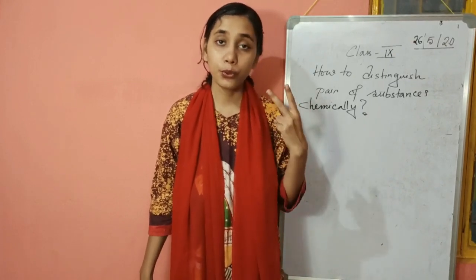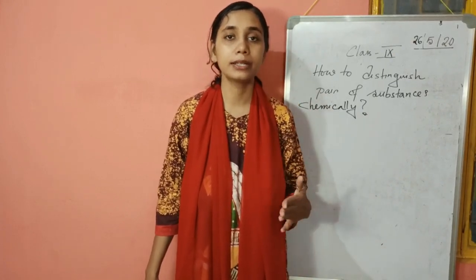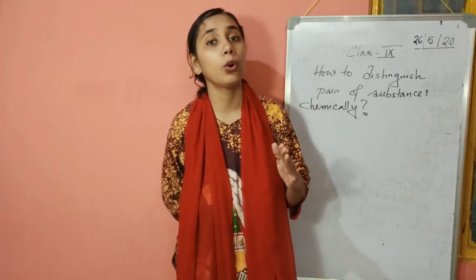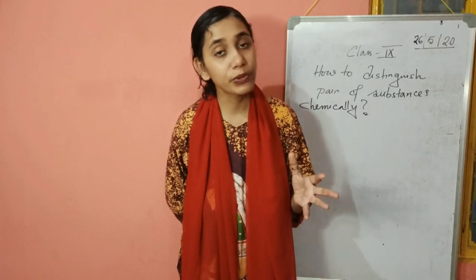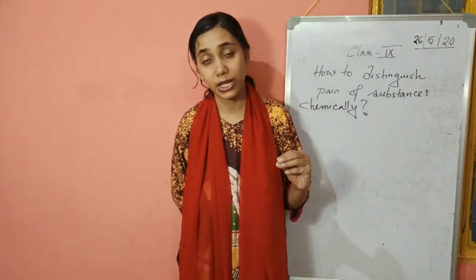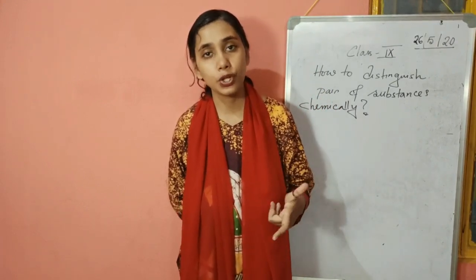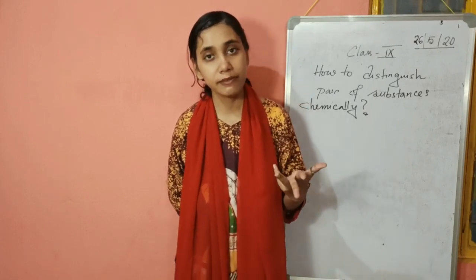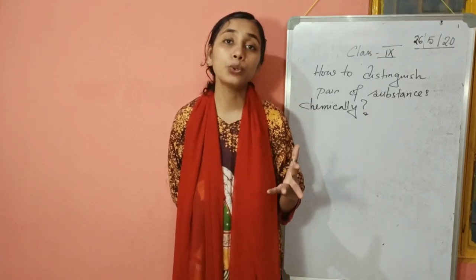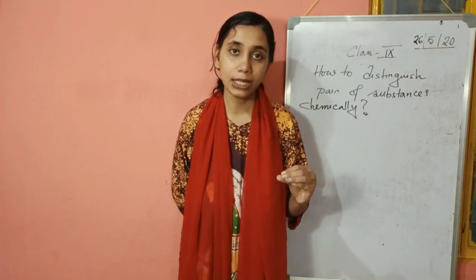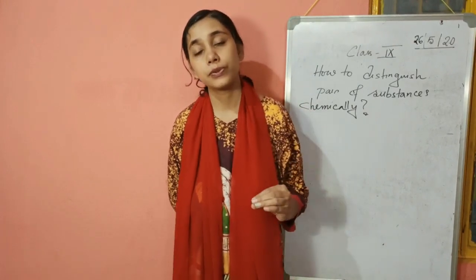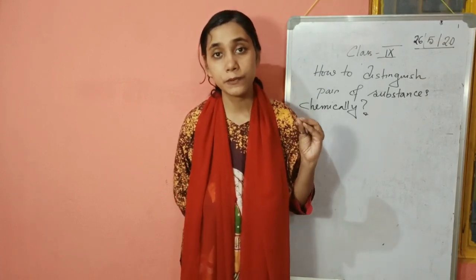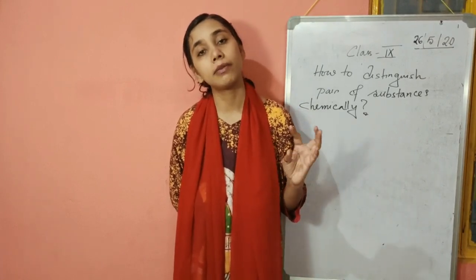Both these reagents, how they react with sulfates and chlorides, we have already done. We did it in class 7, in class 8, and also in class 9. So this is the application of barium chloride and silver nitrate. We use solutions of these compounds, generally a kind of double decomposition reaction. Reagents are those which we add to a particular substrate to get a desirable product.